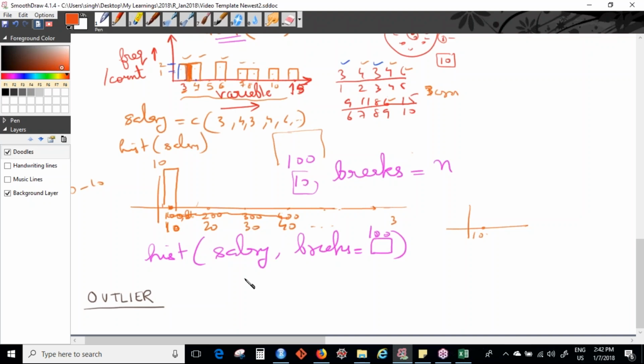Yeah, you can say rarely occurring strange value, right? Yeah, so Devmita's definition is good. Data that is different from most other data. Okay,